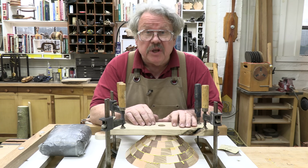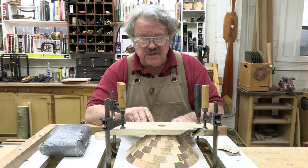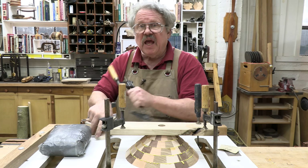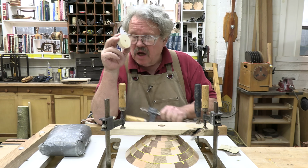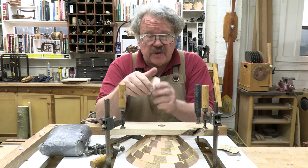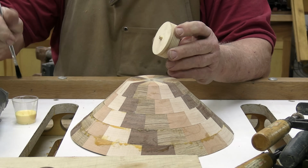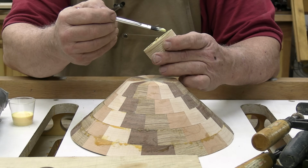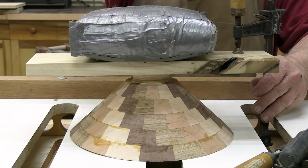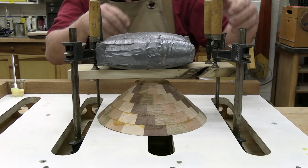The glue has been curing for about half an hour, long enough that it has begun to set up, and I can temporarily remove the clamps and add this mounting block. This is a plywood disc that I'll attach to the base so that I can mount the stack on a lathe chuck. The mounting block has a hole dead center, the same size as the pivot hole in the bottom